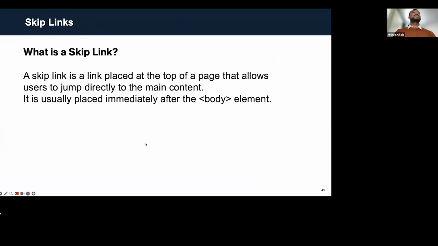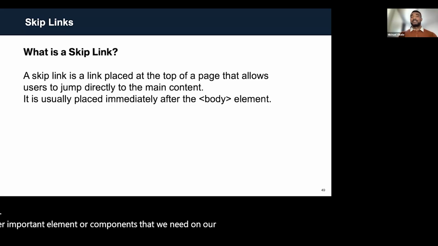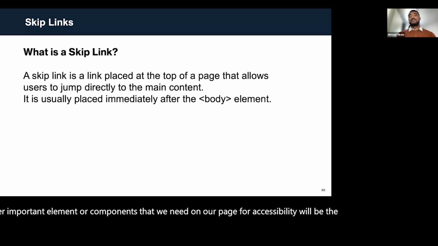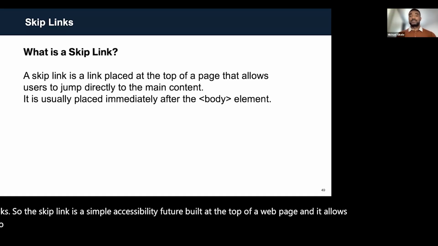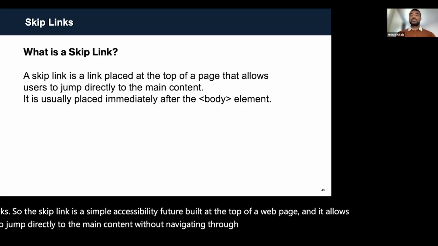Another important component that we need on our page for accessibility will be the skip links. So a skip link is a simple accessibility feature built at the top of a web page, and it allows users to jump directly to the main content without navigating through everything else first. So it's useful because